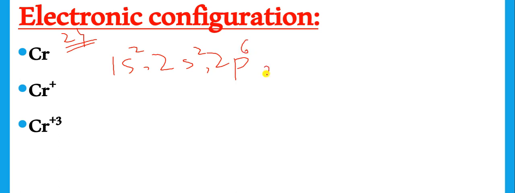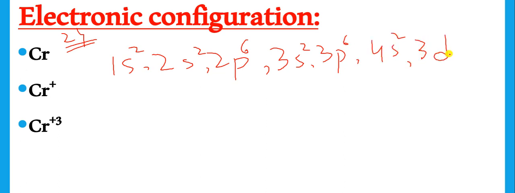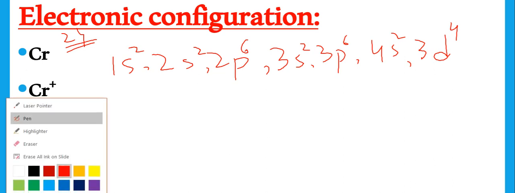Chromium has atomic number 24, so it has 24 electrons and we have to fill 24 electrons: 1s2, 2s2, 2p6, 3s2, 3p6, 4s2, 3d4. Students, this is the electronic configuration of the neutral atom and it can be converted into a more stable electronic configuration,